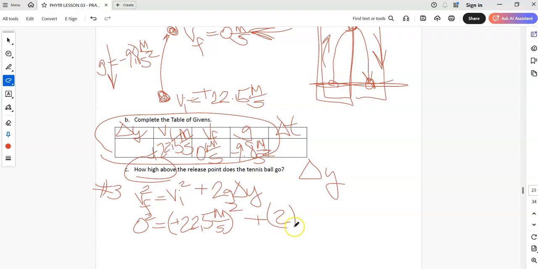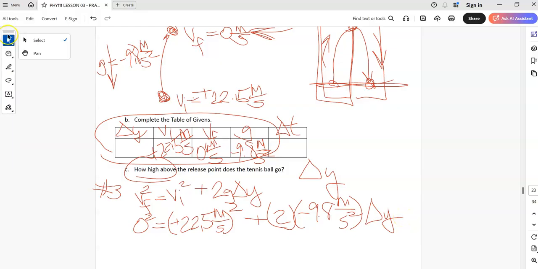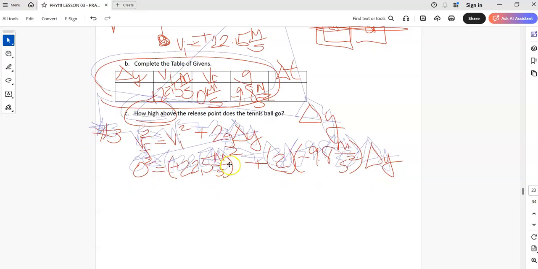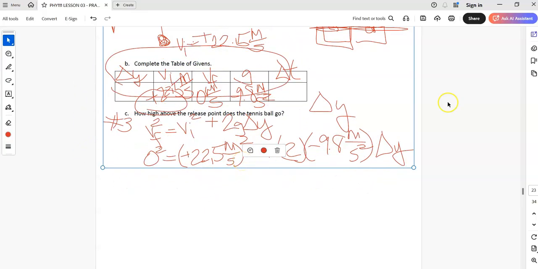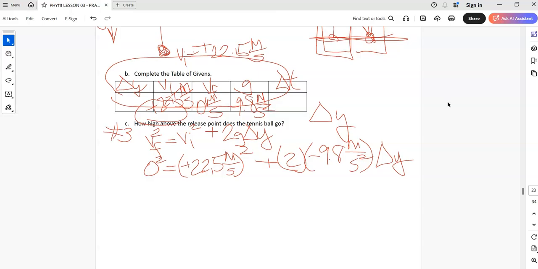Plus 2 times g, which is minus 9.8 meters per second squared, times our delta y. Well, you might want to do a little calculations before you go any further. We're going to square this term first. That'll make things a little easier when we go to the next step. So if we square that term, we'll get